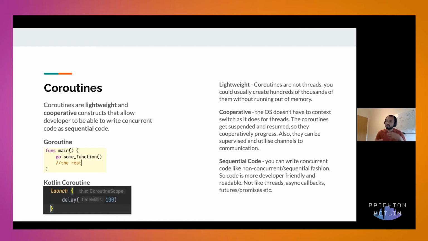They also have a special way of communicating via channels, and they are cooperative because coroutines get suspended and they can get resumed, and they normally give a chance to another coroutine, so another processing task. Because of that, you call them cooperative.